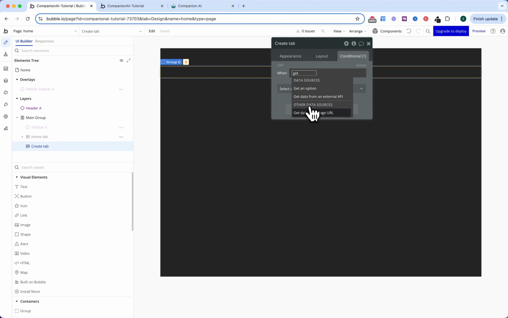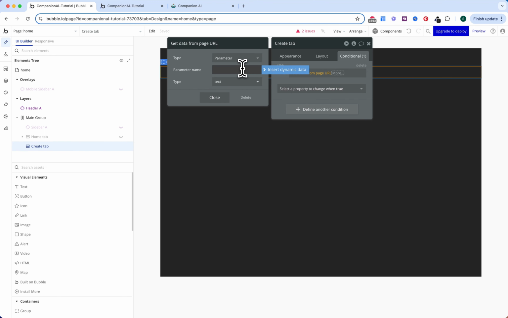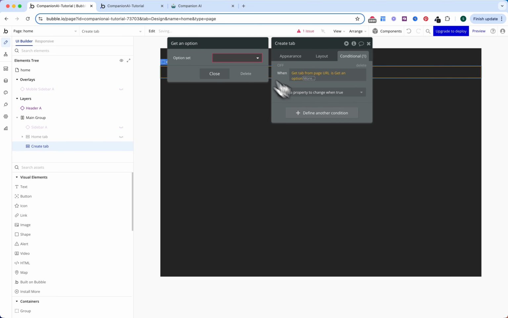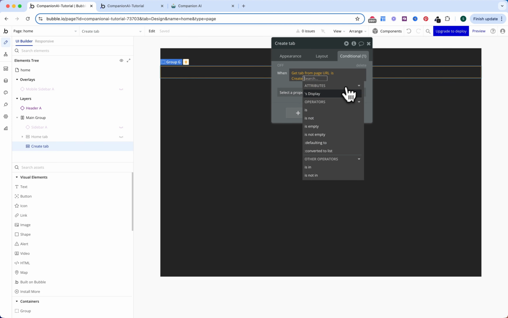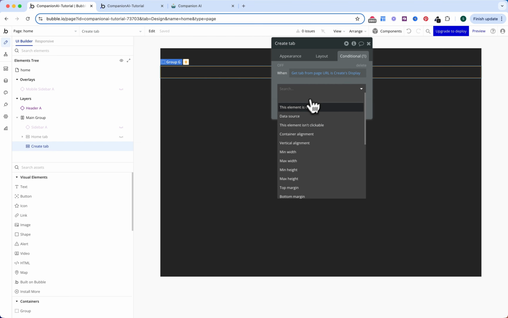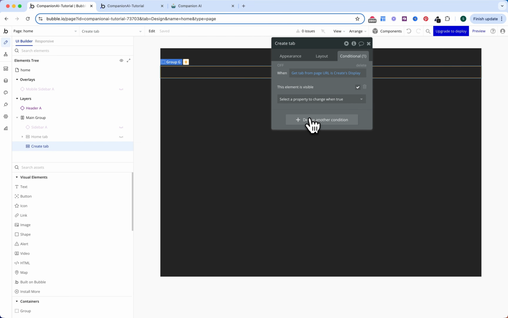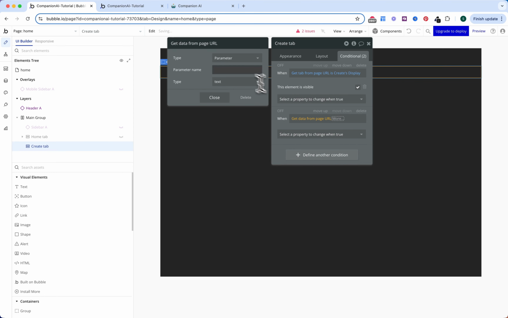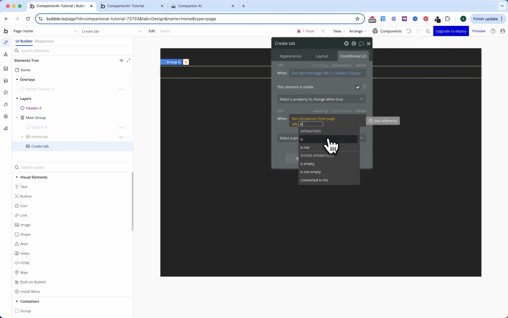The first one will be the same as the home page. So when get tab from page URL is get an option, option set menu, create, display. So when the URL shows the create tab, then this element will be visible. And the second thing will be when get companion from the page URL is not empty,